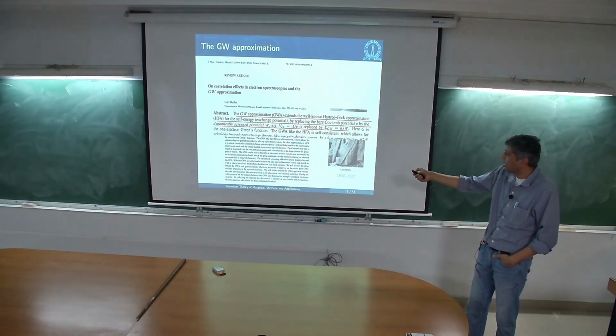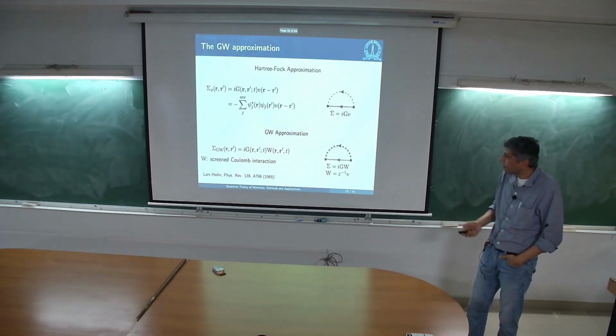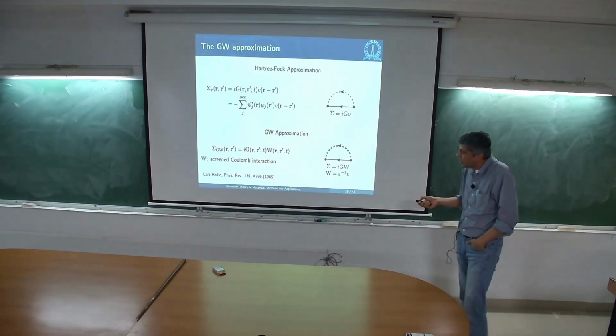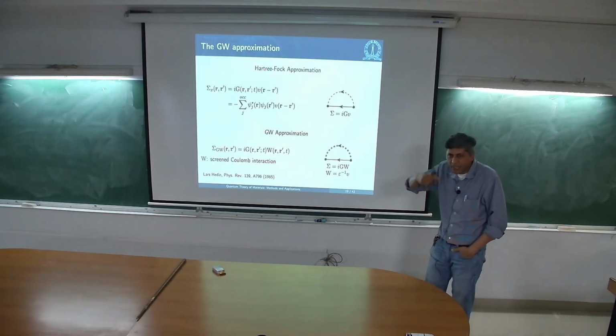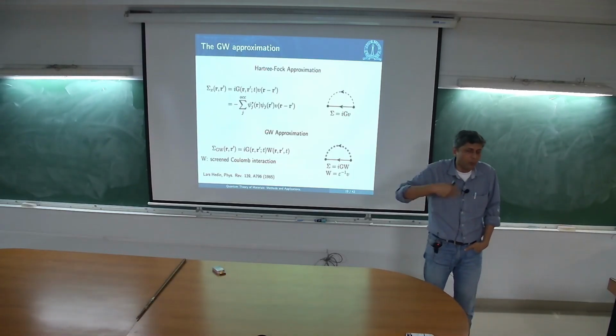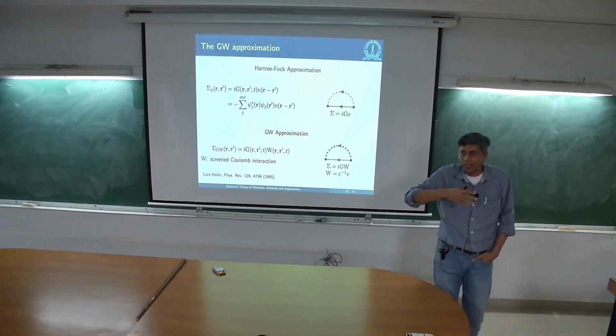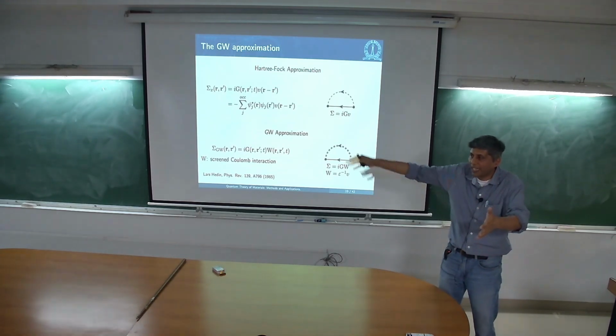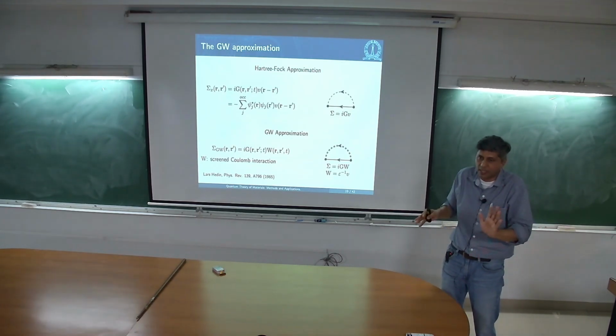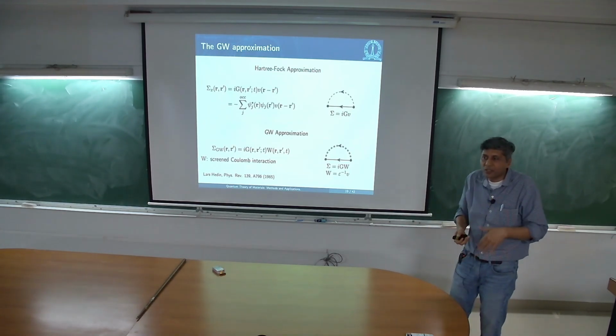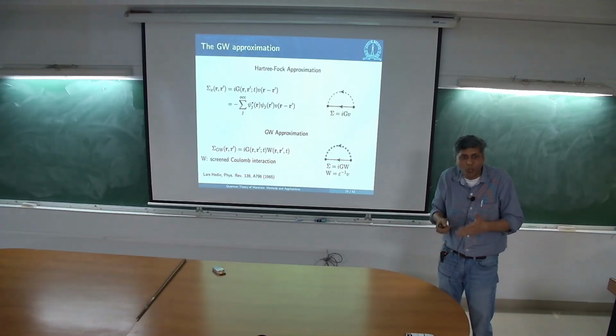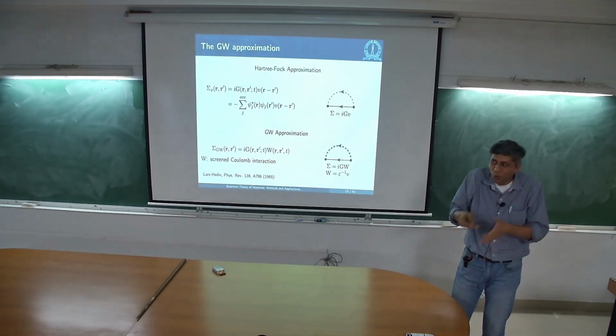I know what to do with the G, but what do I do with the W? This is where you have to make some approximations for the W. I mean, he gave an exact theory which is formally exact. It gives you all the diagrams per Wick's theorem, and everything is formally exact. Formally exact is very good, but not very useful, because you want to make an approximation so you can be able to do something.